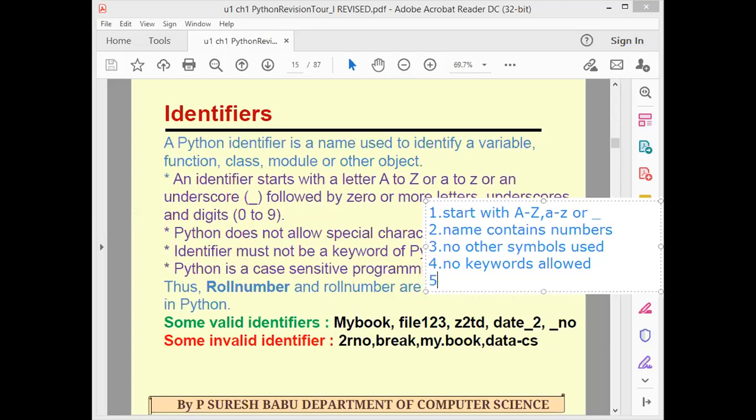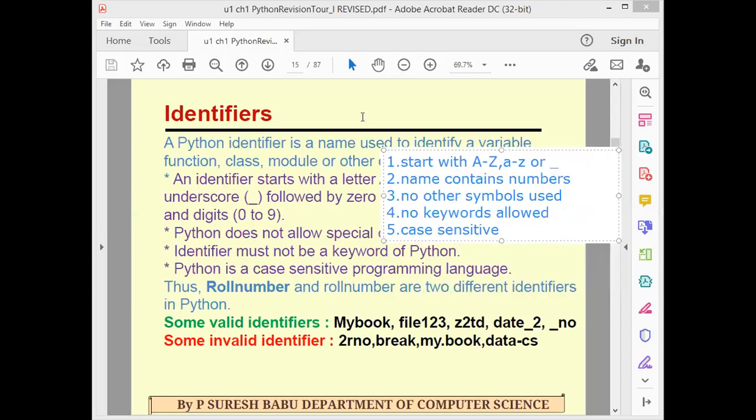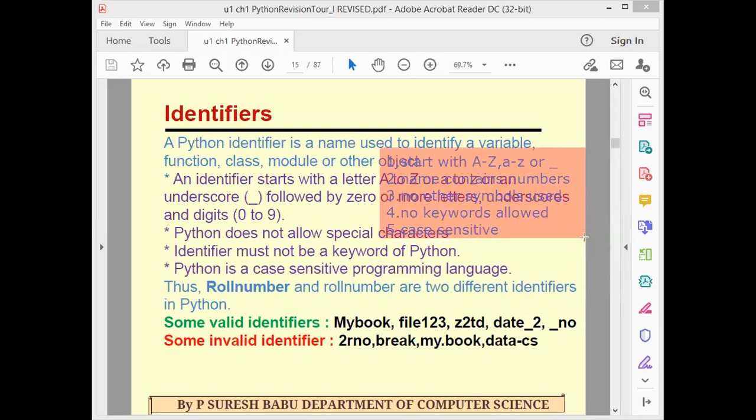Fifth one: it is case sensitive. Very important. If you are using the same name for a variable in a program, for example, these are the 5 rules. See here, this roll number with capital R and roll number with small r.